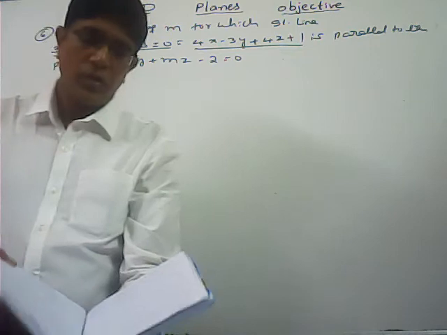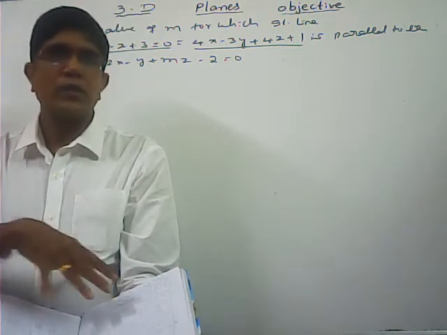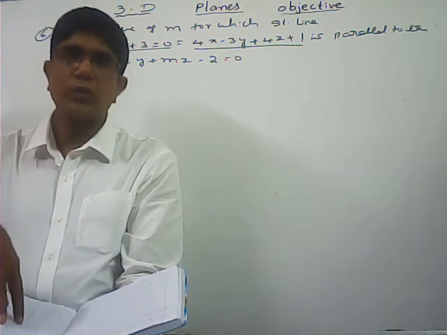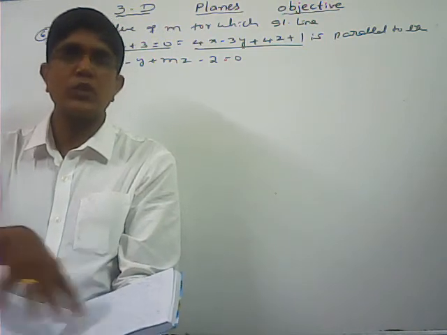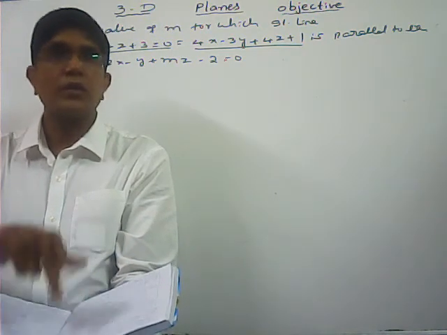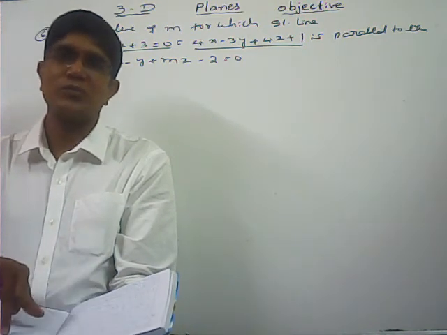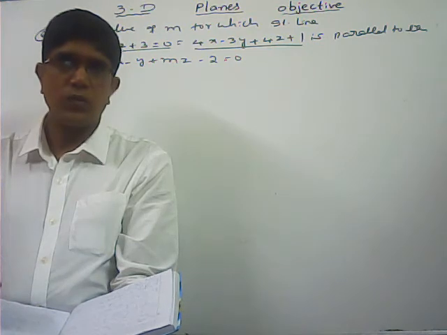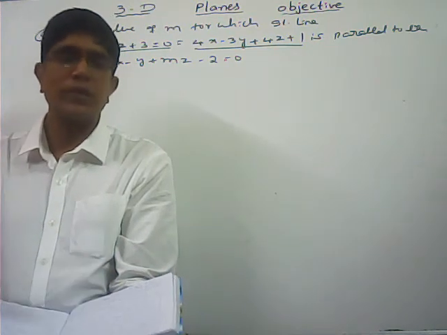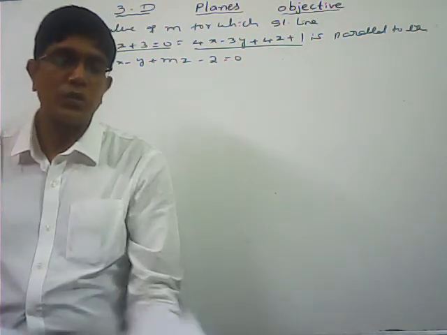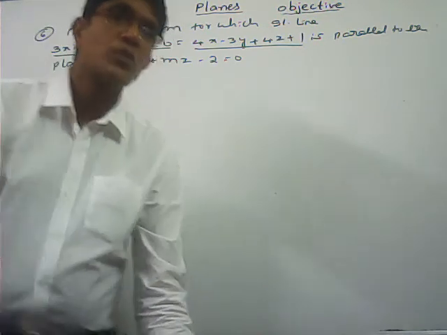See, I already explained in the previous problem also, this is one plane, this is another plane. By equating these two we can get the line of intersection. That line of intersection is perpendicular to both n1 bar and n2 bar, the normal d.r.s of the first plane and the normal d.r.s of the second plane. So the line of intersection is in the direction of n1 bar cross n2 bar, the vector perpendicular to both n1 bar and n2 bar.